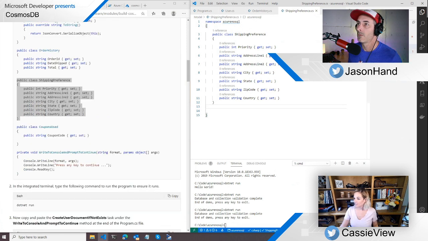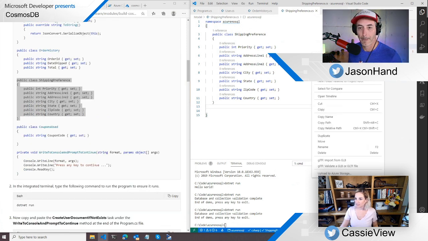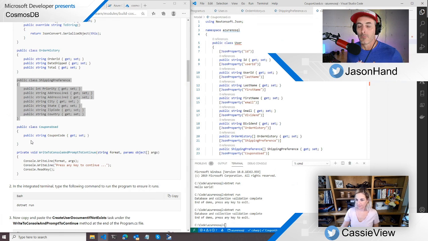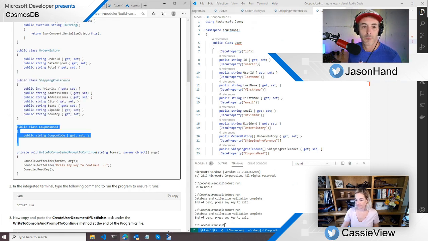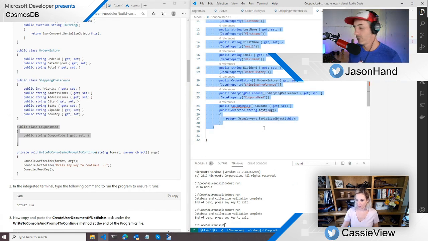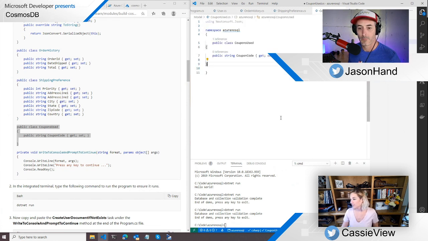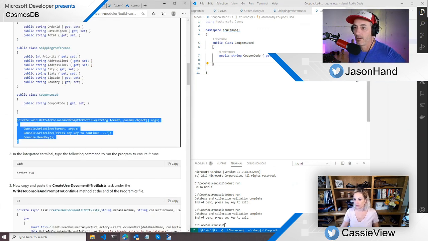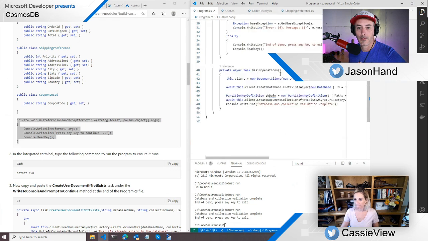All right, so I'm just doing some of this busy work of creating some classes for us here. This goes in the main program files. And then I'll show you one thing I want to point out about C#.